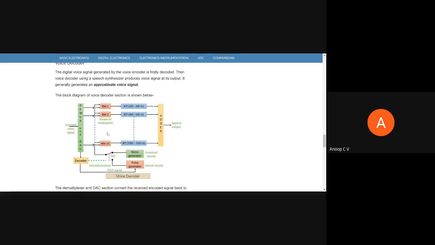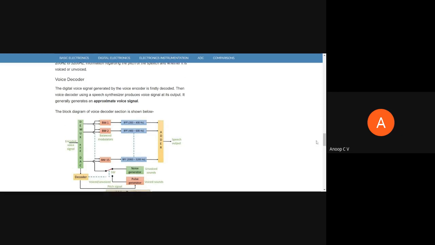So these two inputs together will modulate these balance modulators. These are sinusoids, and these band pass filters will limit the frequency. When we add everything together, we'll have the intensity and frequencies of the original sound. If you give this electrical signal to a speaker, our original voice will be produced back. That is a vocoder.